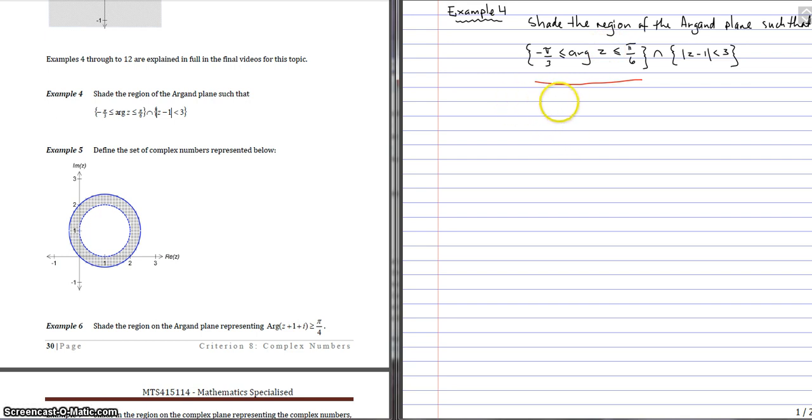So if we're just going to draw in here our plane, whoops, there should be Im z and Re z. Now our angles that we have is negative pi on 3. Okay, so pi on 3 is around about a 60-degree angle, but because it's negative, we're going to come down here. Okay, so come down right about there,